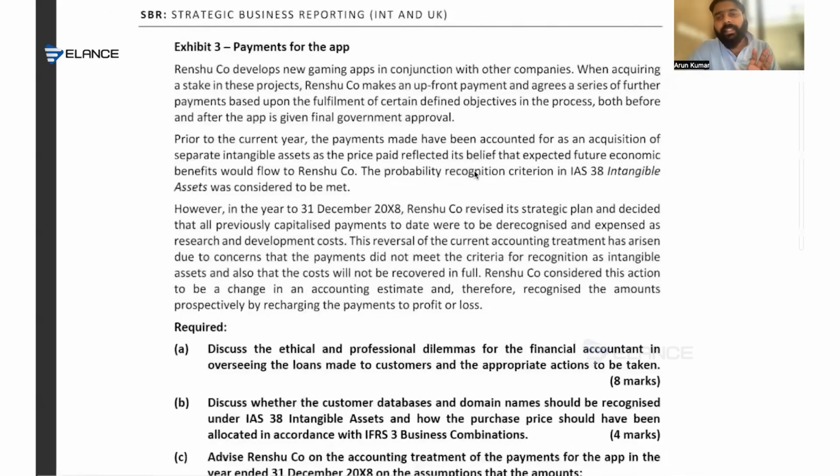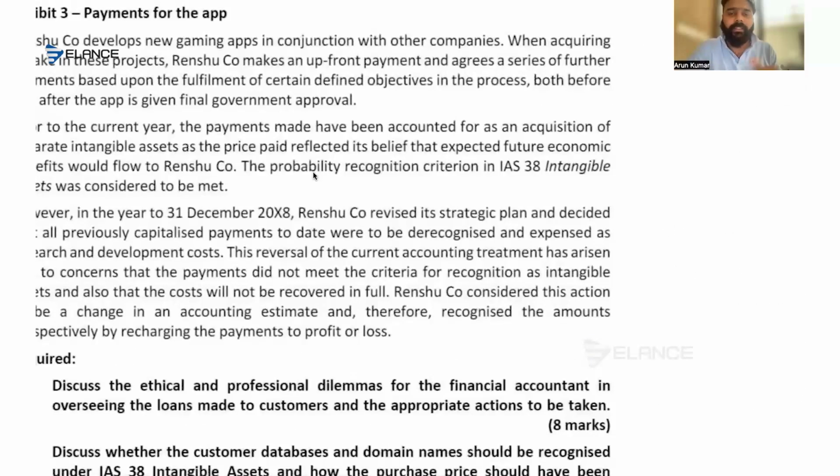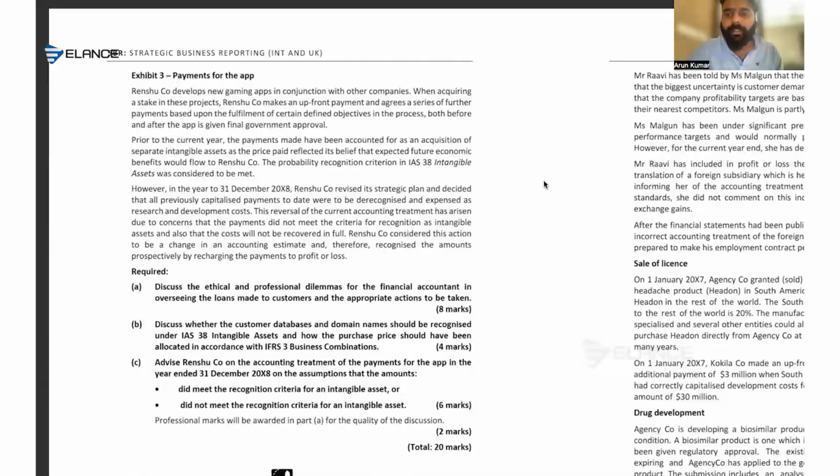Okay. So IAS 38 is another important standard. The same scenario has been tested multiple times, the same kind of situation. That is, we recognize an asset, and subsequently we derecognize it, but we cannot do it like that. So we have to mention the recognition criteria as well as the derecognition criteria. And the knowledge part is very important for the exam. Perfect.